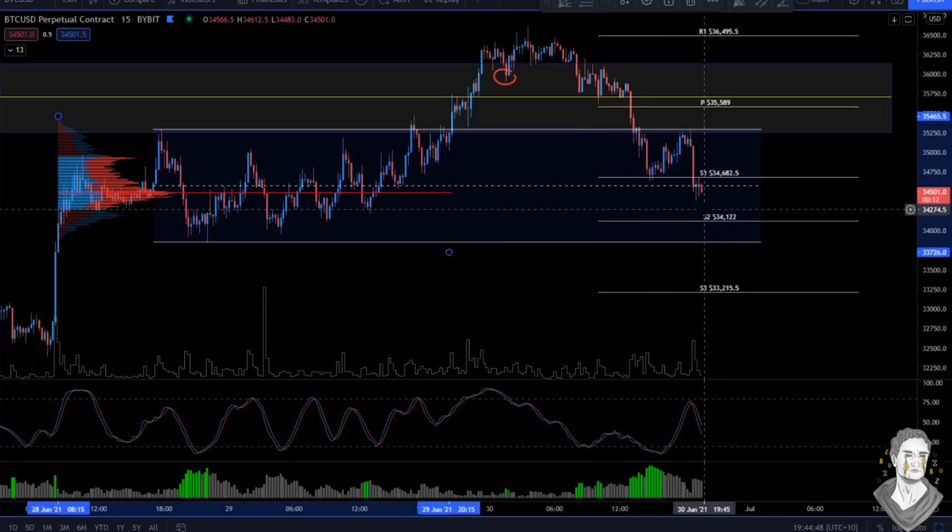So as you can see, that has come down to the value area low. It is a very slight front run off this level. So obviously there's profit takers before that region, and there's going to be some long positions coming in as well. So the value area low is at